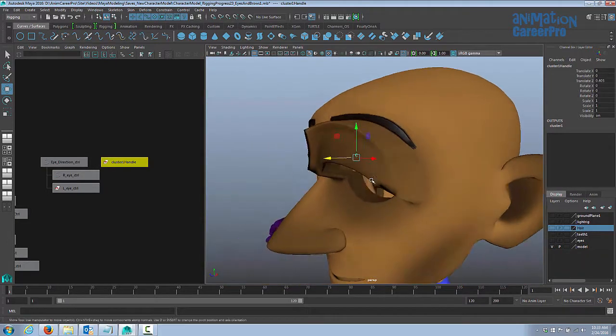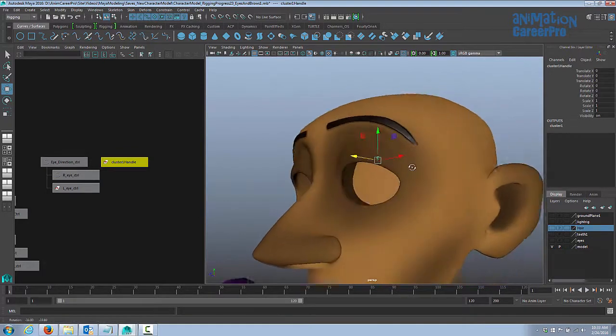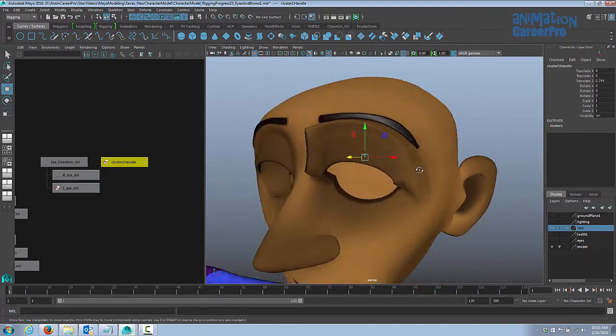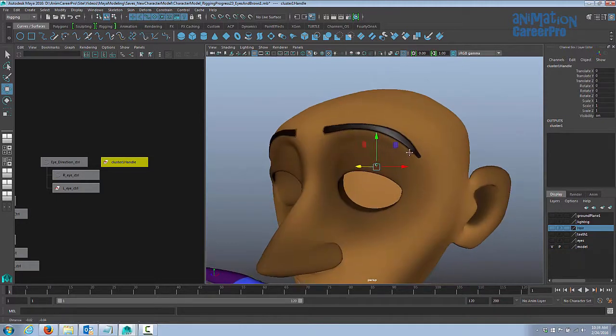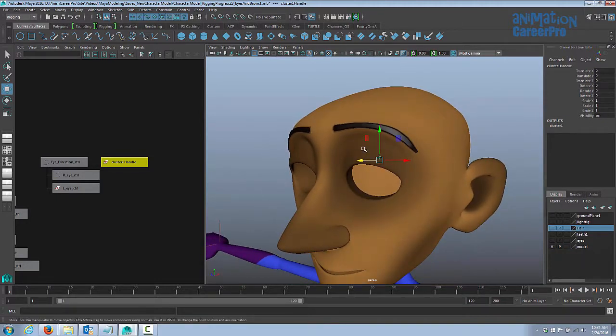But of course we don't want something like that. We want to be able to blink this eye, so we're going to paint weights on this selection so that we get a nice smooth deformation. So let's do a rough weight painting on this cluster, and then we're going to make a couple of other fine adjustments. But before we go ahead and do that, let's rename this cluster so we know what it is. I'm going to leave the word cluster in there, and I'm going to call this left eye cluster.